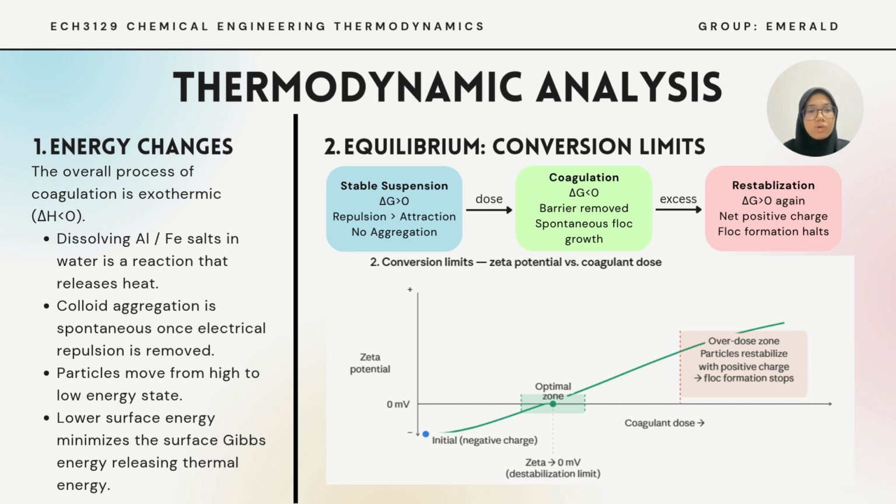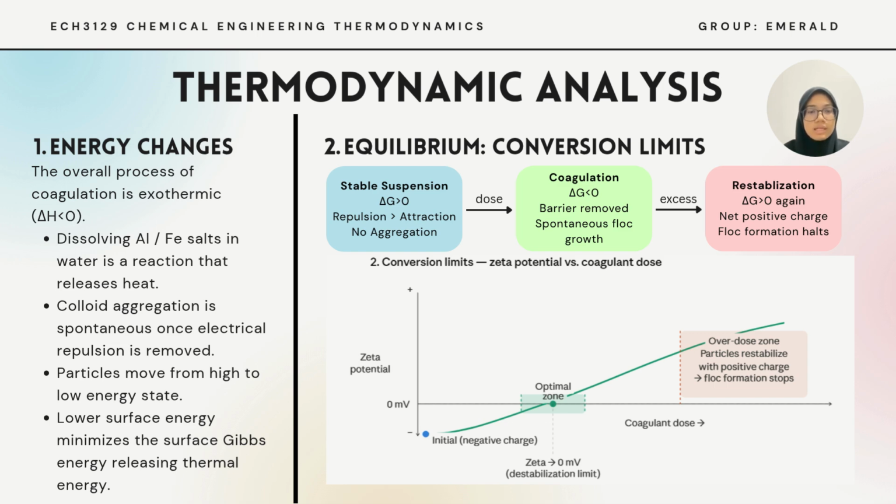Now, let's look at this through a thermodynamic lens, focusing first on energy changes and equilibrium limits. From an energy standpoint, the overall process of coagulation is exothermic, meaning delta H less than 0. Dissolving aluminium or iron salts in water naturally releases heat. Once the electrical repulsion is removed, colloid aggregation happens spontaneously. The particles move from a high energy state to a lower, more stable energy state, minimizing their surface Gibbs energy